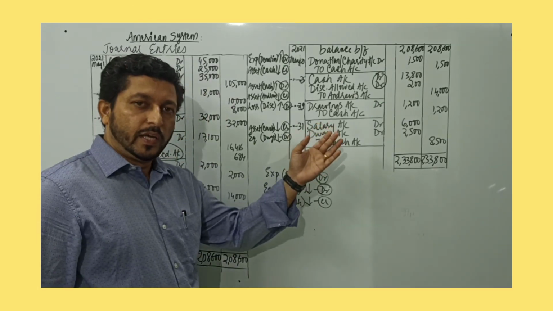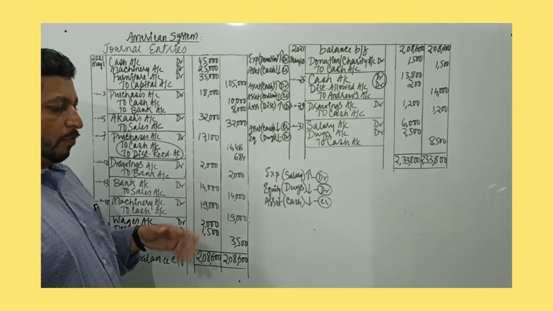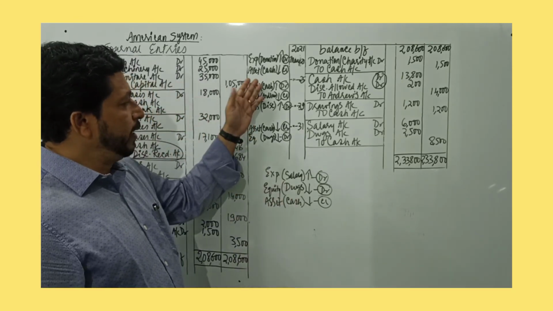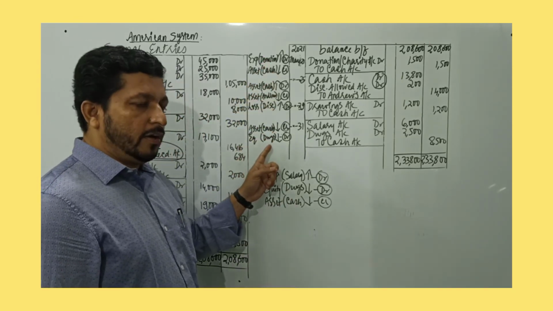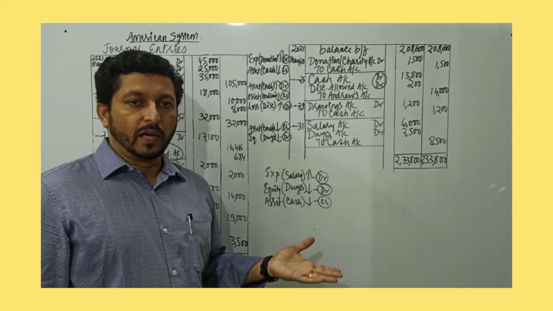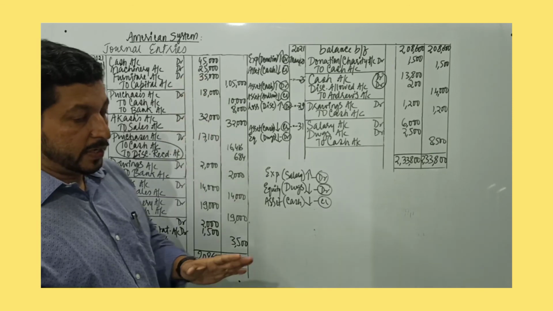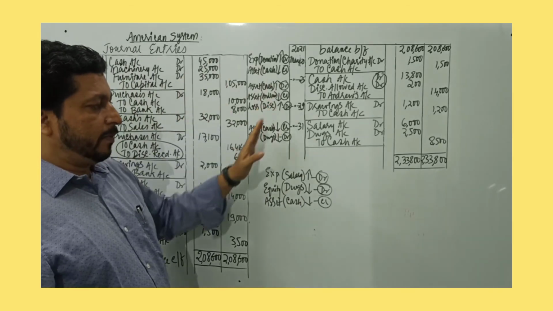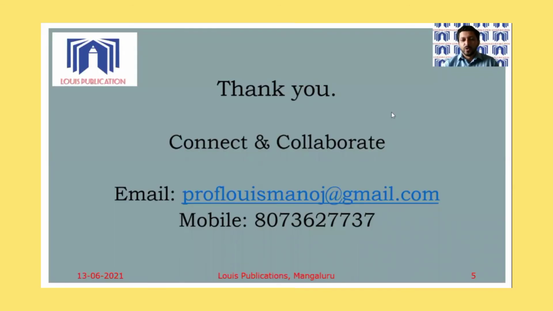So this is about the American system of accounting. Whether you follow the English system or the American system, you have to know the basics. You may record the element, but you need to know which account is present, whether it increases or decreases, and what the relevant rules are. Record the concerned journal entry and compulsorily write the narration. Only then will that journal entry become a complete journal entry. I hope you have understood both the problems that we solved. You can try working out the other system for each problem. For the first problem, you can try the American system of passing journal entries, and for the second problem, you can try solving under the English system.